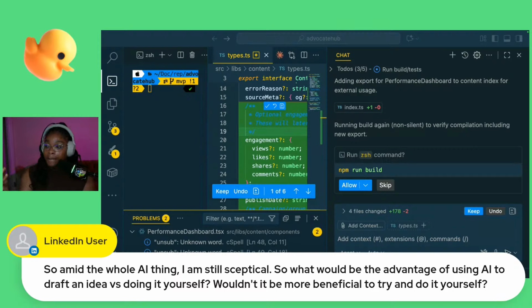For me, I think it's okay to do it yourself. I think it's 100% okay to write down your ideas, fill out your ideas on your own. That's totally fine. No one is saying you don't have to do it. I think one of the benefits with using AI to do it is the research component, right?